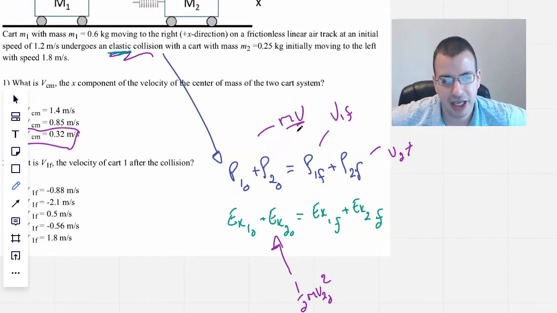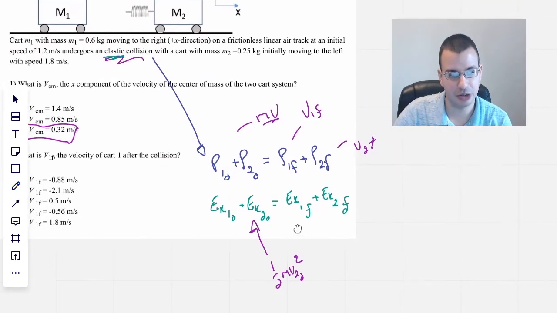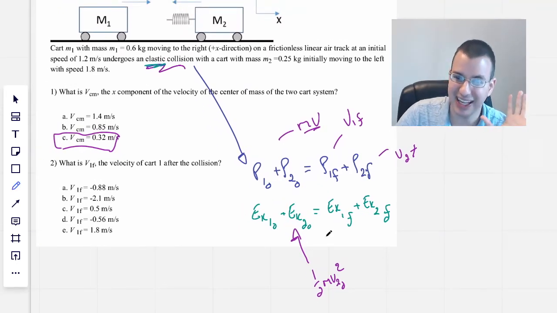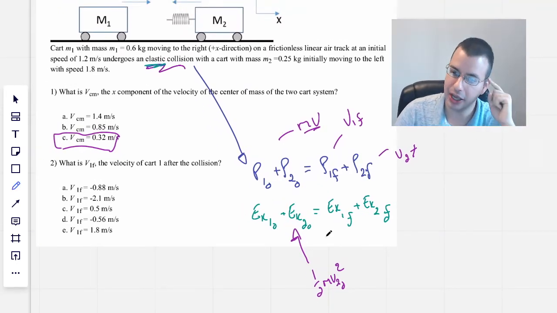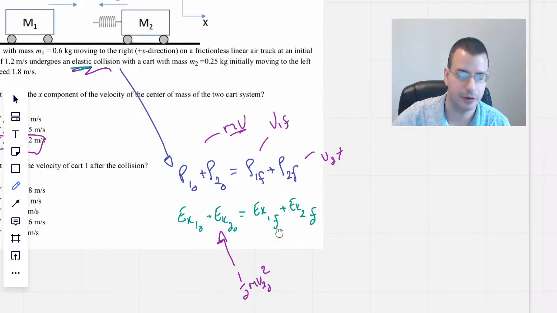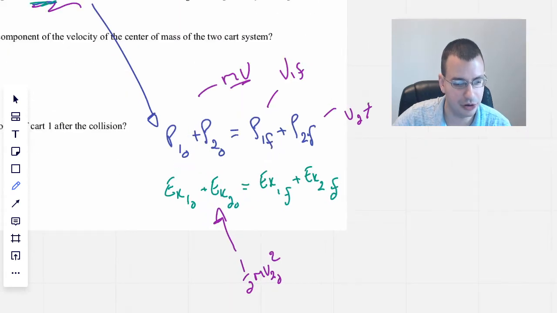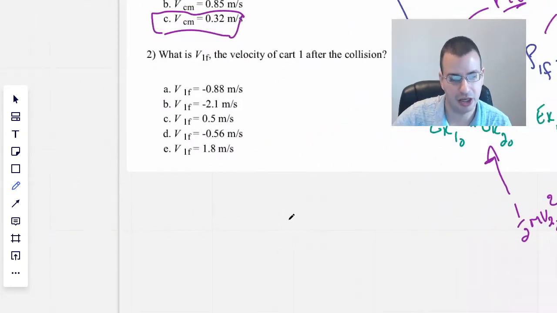But this is a good case where you could solve this, but you're better off just memorizing a formula. When you see this sort of situation, with an elastic collision, you're like, okay, elastic collision, final velocity formulas, this is what they are. So you do some substitution, you solve those, and you're going to get something along the lines of